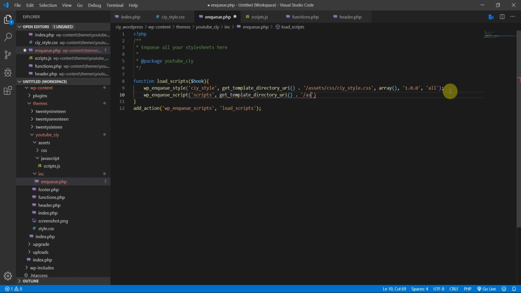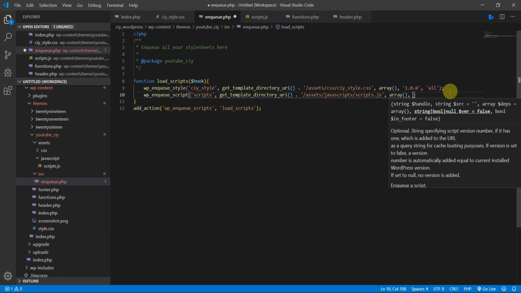So it's in assets, JavaScript, and scripts.js. And then same here, an empty array, and